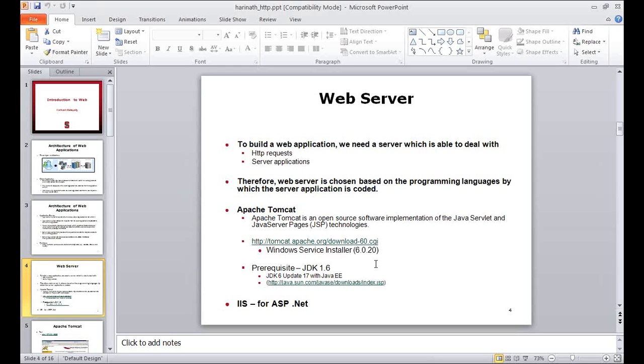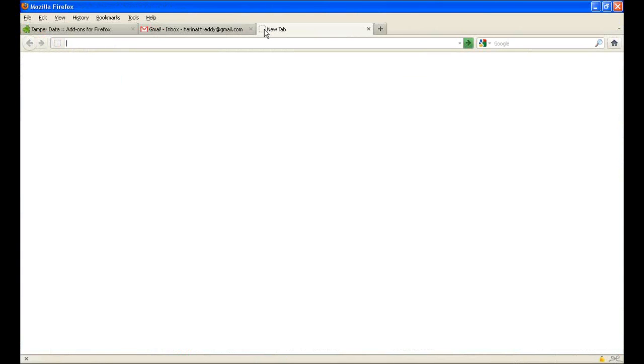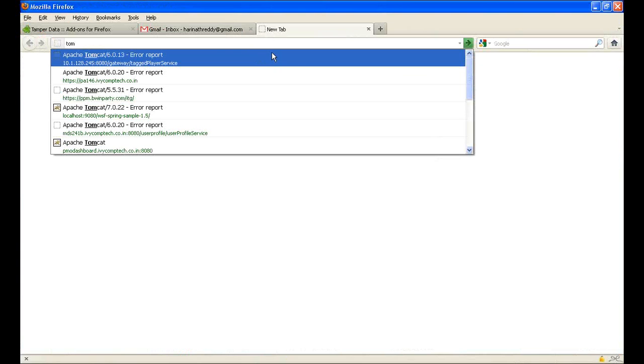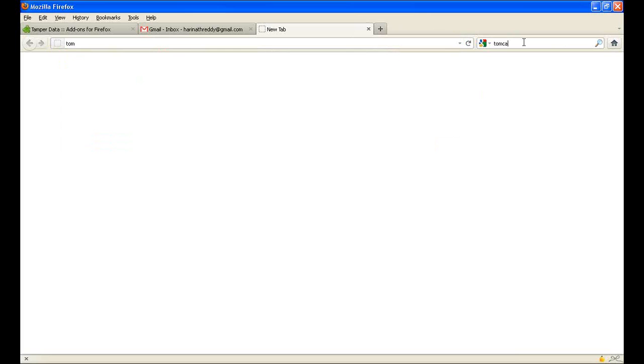Now, if we have to look at servers, how many of you downloaded the Tomcat server by now? If you have not done so, please download Tomcat server. Please download Tomcat server. The list of software that I really require is